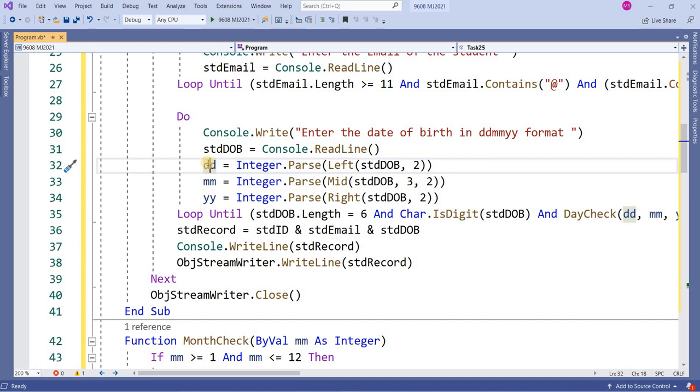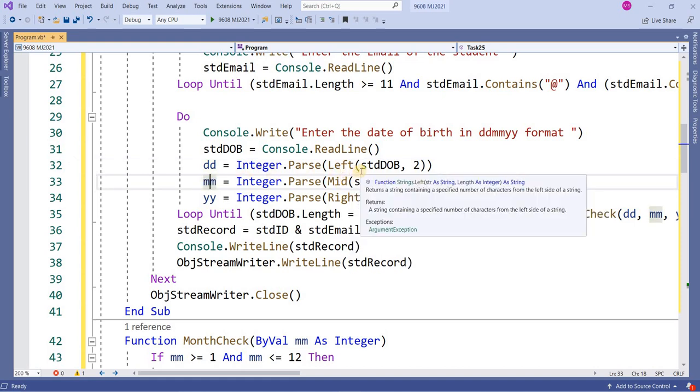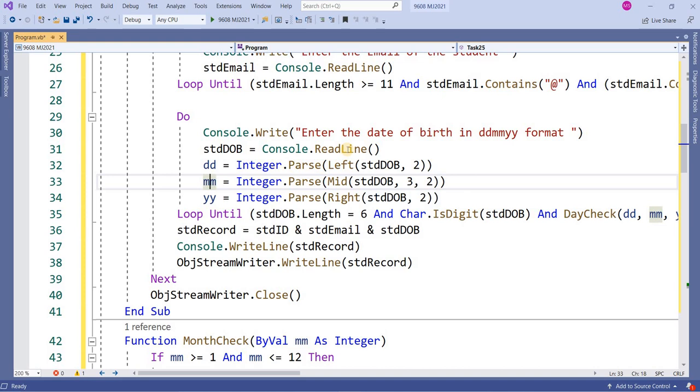Then the month I get using the mid function, which starts from 3 and picks 2 characters. Then yy, that is the year, I pick with integer.parse from the right of the string std.dob2. In this way I make the day, month and year separate.